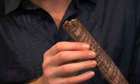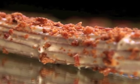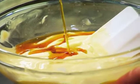While the delicate tiramisu may be the most sophisticated churro on the menu, the most extreme flavor has got to be the maple bacon. It tastes like breakfast, like a waffle. Tastes like bacon, yeah, the maple syrup. With a waffle. They just go together, that salt and sweet. It's an awesome combination. Made with maple syrup-infused custard, dipped in white chocolate, and coated in...